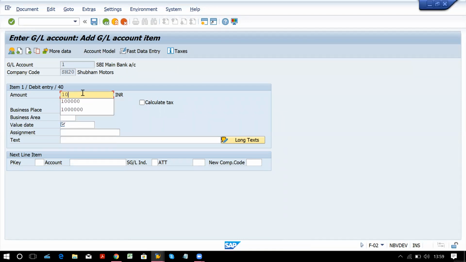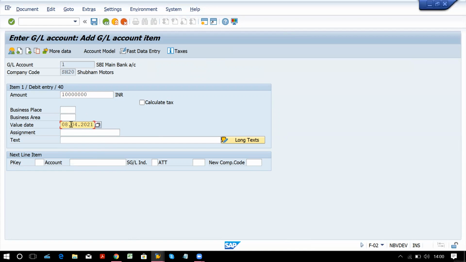Okay. Now this is mandatory. Okay, whenever you can see this mark, that is required entry, mandatory entry. So for this bank account, it is saying value date is mandatory. Okay, so you have to give some date here. So I'm giving today's date.